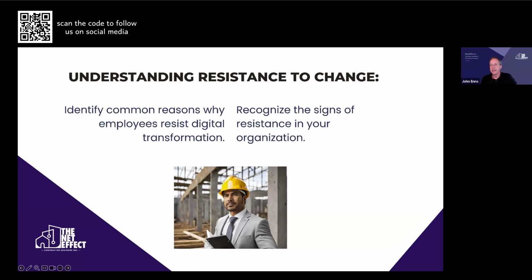So job security is a real thing. The boss had to convince him, no, you're going to be able to do more. And maybe we can get you into doing some of the other things you want to do within the company. So explaining how the efficiencies are going to make their life easier, they're going to get better results, they're going to get better data out there. It has to be conveyed because those fears are real. Those people hold that close to their heart.